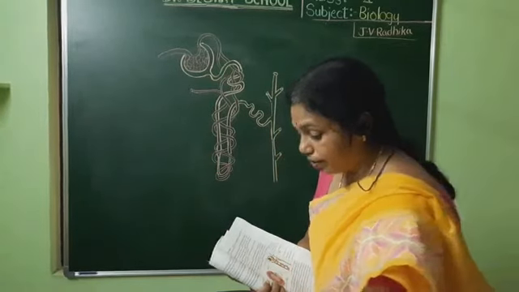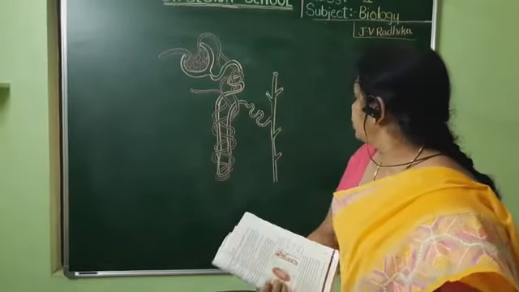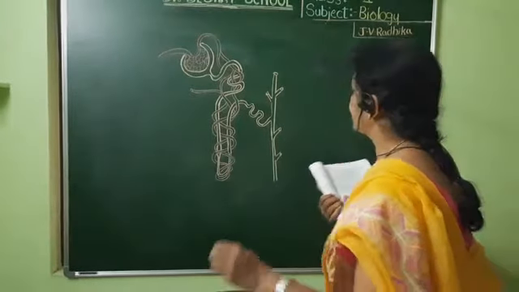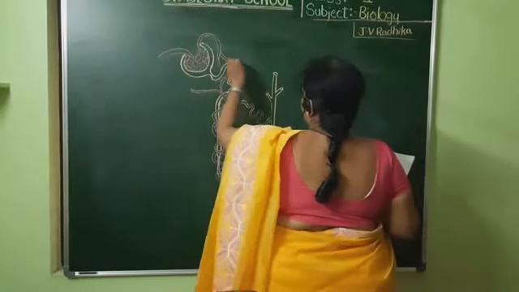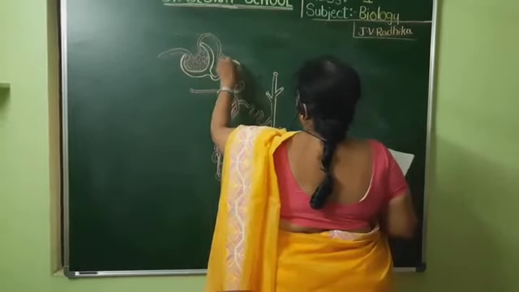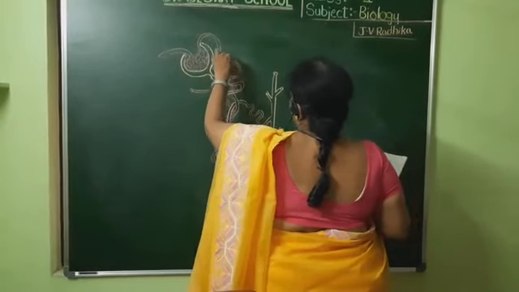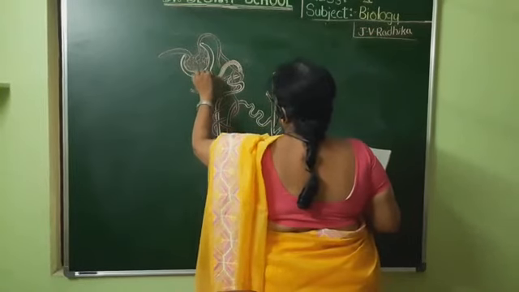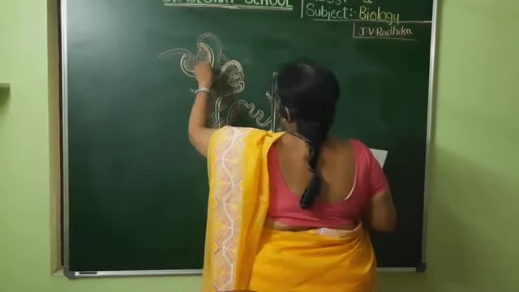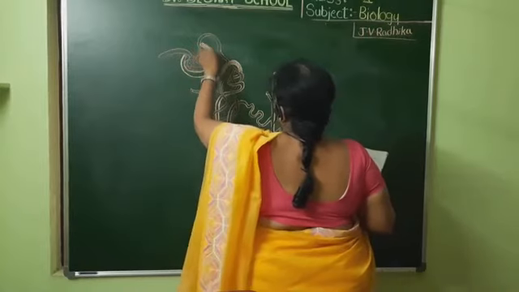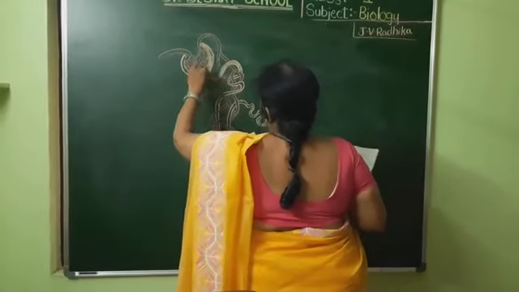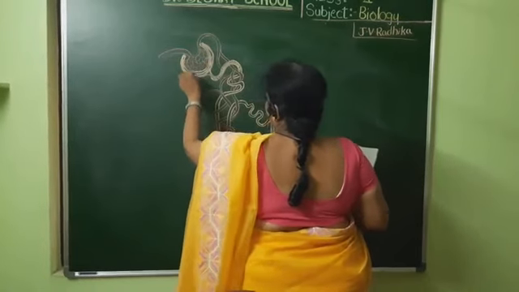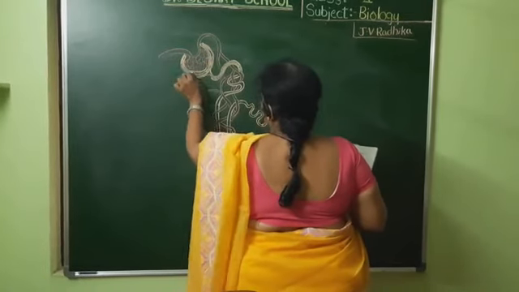Understood? So now I shall be labeling the parts. Have you drawn this? You are able to identify. So for your better understanding, I just color this part, the tubule, the nephron, so that the red colored one you can make out easily. So this is the Bowman's capsule, which is continuing as proximal convoluted tubule, then Henle's loop, distal convoluted tubule, and then the collecting duct. You should be thorough with this part.